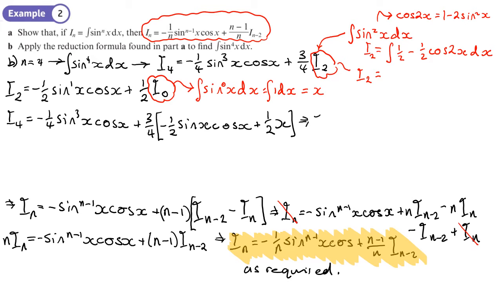Okay, and then that will give us this. I sub 4 equals negative a quarter sine cubed x cos x, then minus 3/8 sine x cos x plus a half times 3/4, so that's going to be 3/8